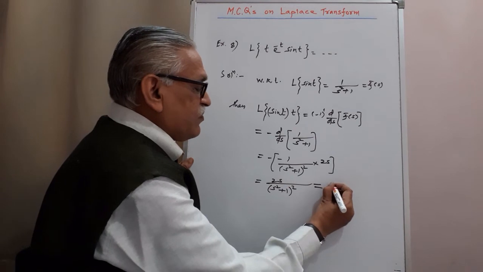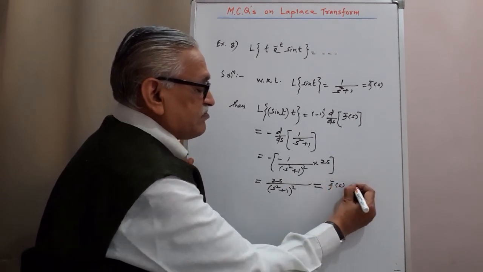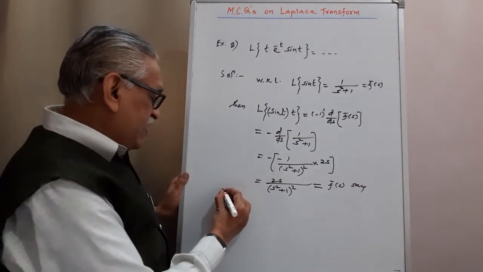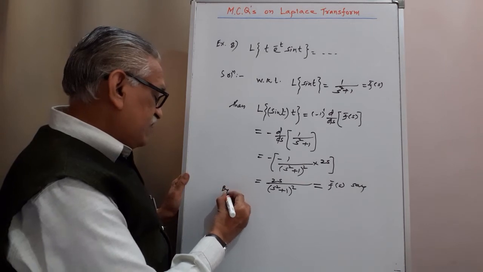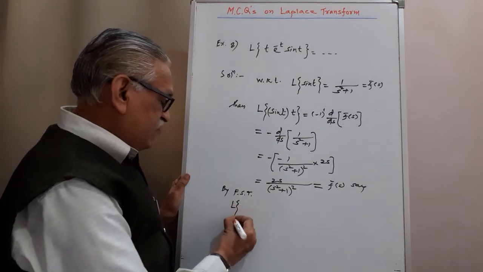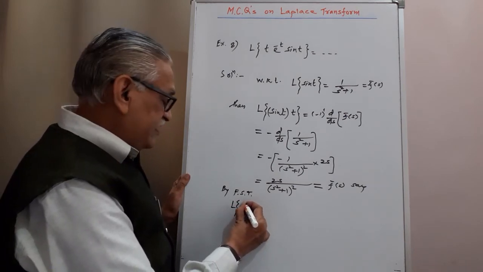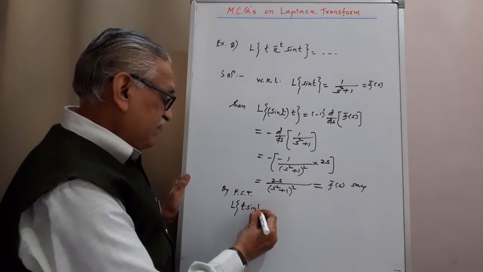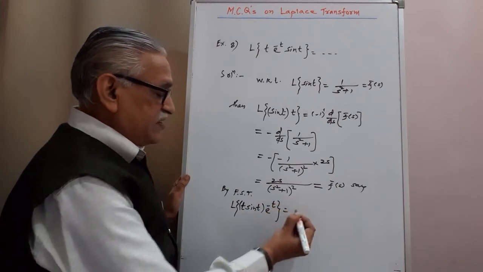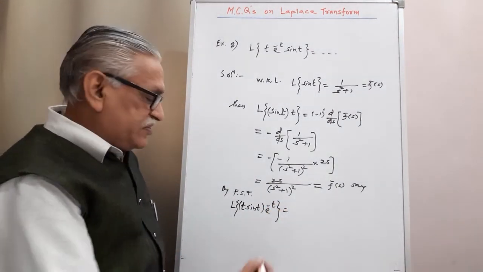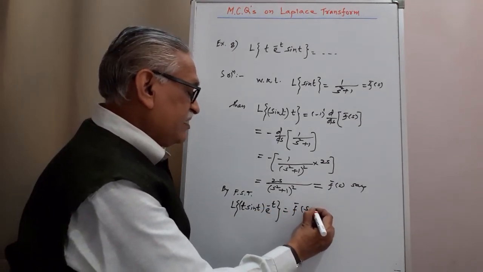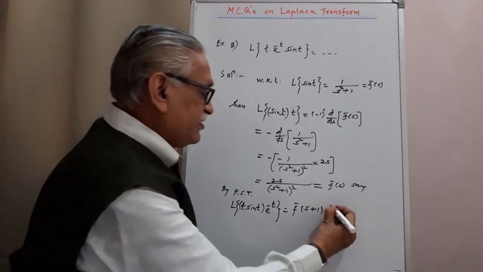We call this the new f bar of s. And then by the first shifting theorem, the Laplace transform of t sin t is multiplied by e raised to minus t, and as that function is multiplied by e raised to minus at type of term, replace s by s plus a, which is here 1, and therefore it is equal to